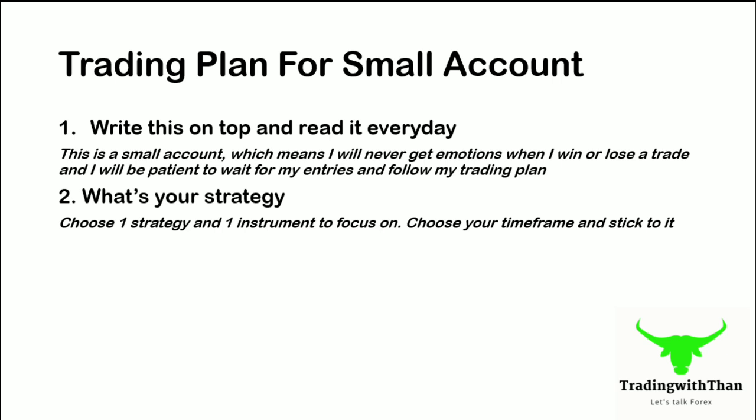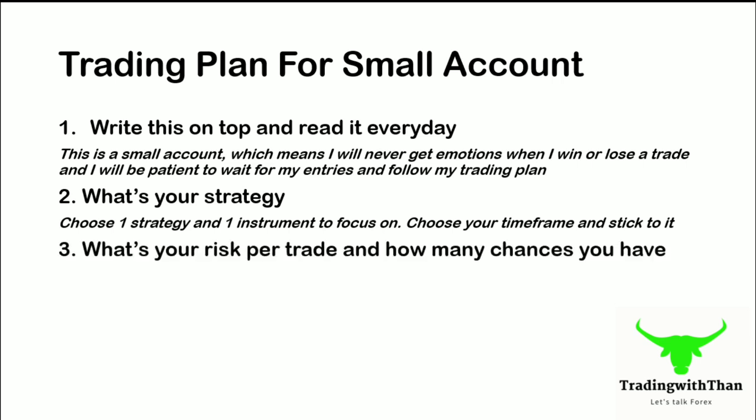For me, I like to trade Volatility 10 on a small account because the risk is small, and then when it grows to like $50, I move on to Volatility 75 because it's faster that way, but the risk is more, right? Then number 3, you need to know what your risk per trade is and how many chances you